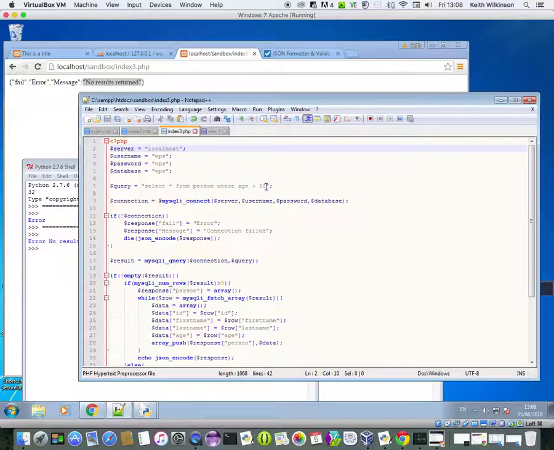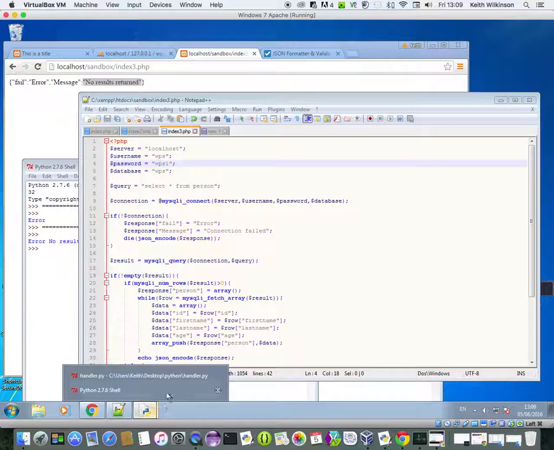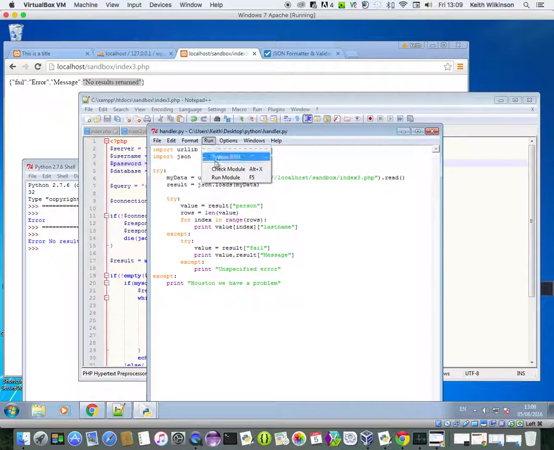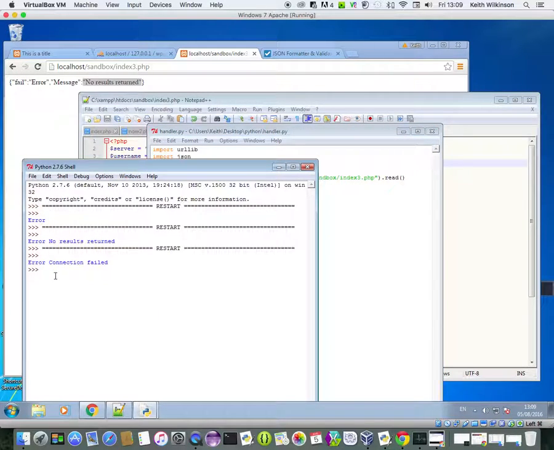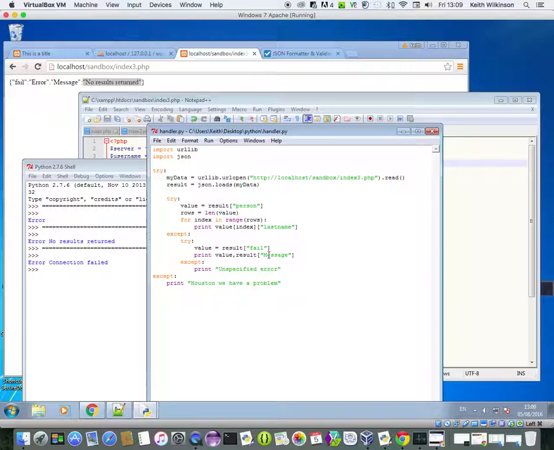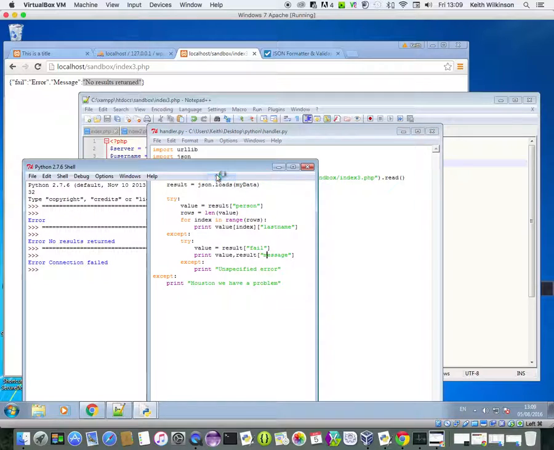Going back, if I try out another type of error, so if I put that back there and change that password, and now try to run my program, I get error, connection failed. So the messages that are being returned now are a little bit more meaningful and help me spot where the problem is. Now this is case sensitive, it's a string, it's case sensitive, so if I'd have put a lowercase m in there and try to run that,